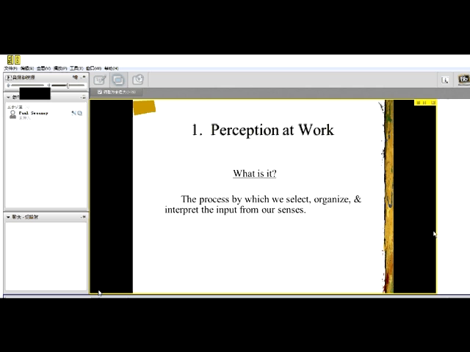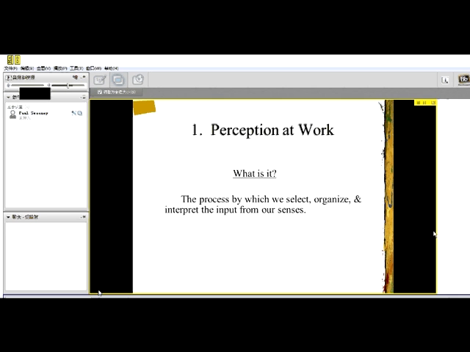What do we select? There's so many things going on. I don't know what's happening where you are now, but I've got a window to the outside. It's beautiful outside. I'm thinking about outside. I've got a fan on. I've got music in the background. I've got this computer. There's other people coming in and out. There's a lot going on. What do we select? That's important to know.